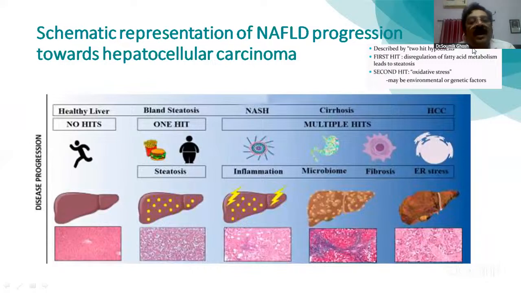Why does it happen? The two-hit theory is very popular for the occurrence of NAFLD. If there is no insult to the liver, the liver will be healthy. Whenever there is steatosis, the first hit comes to the liver, and then it leads to inflammation of the liver. Then the microbiome gets activated and secretes fibrotic material, and fibrosis occurs, replacing the hepatocytes. And finally, there is endoplasmic reticulum stress, and this stress gives more damage to the liver, leading to more fibrosis,